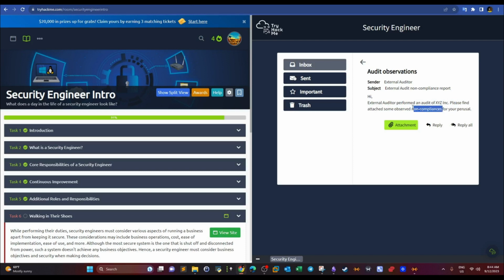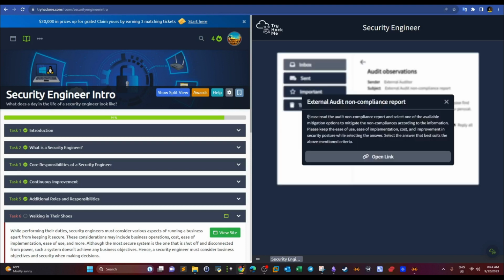Non-compliances, it's not compulsory to follow them. So attachment, please read the audit non-compliance report and select one of the available mitigation options to mitigate the non-compliances according to the information. Please keep the ease of use, ease of implementation, cost, and improvement in security posture in mind while